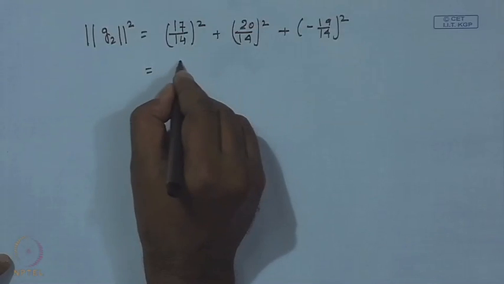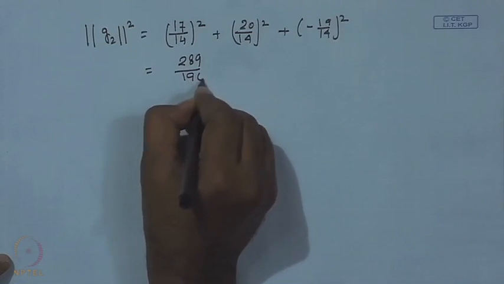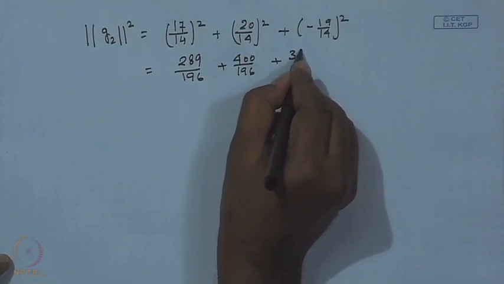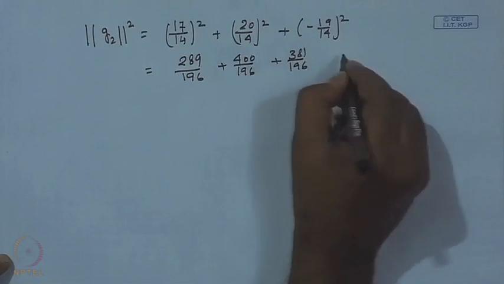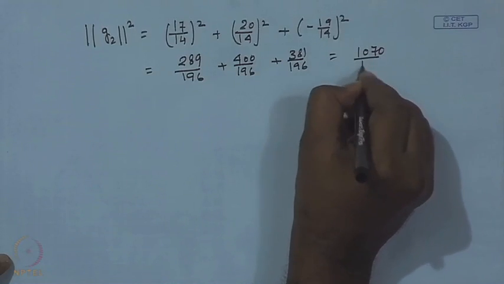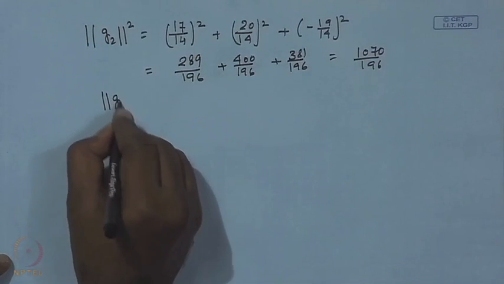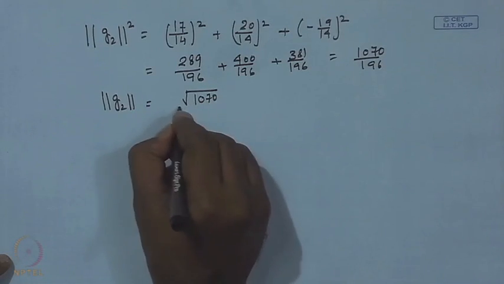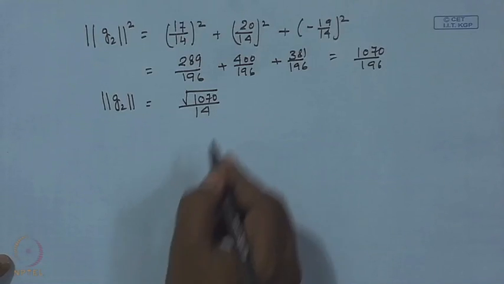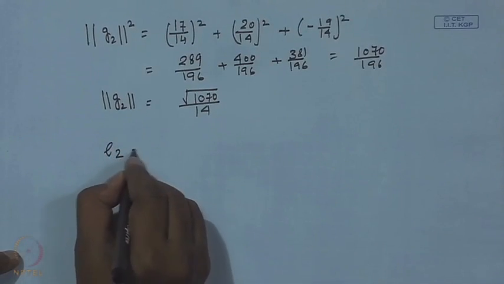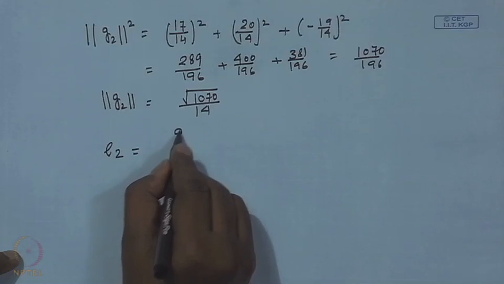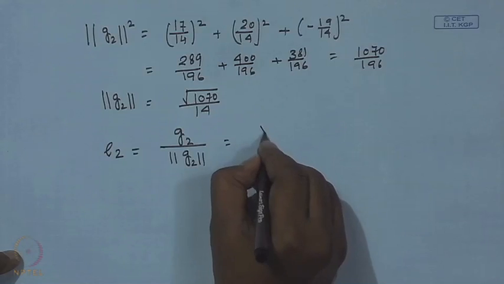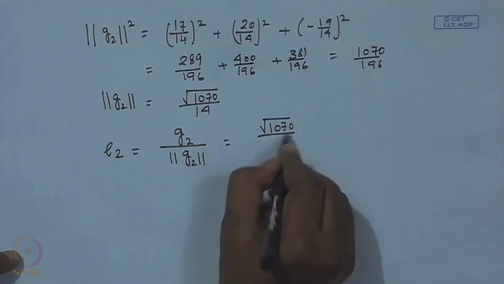So, this becomes 289/196 plus 400/196 plus 381/196, and the whole thing becomes 1070 divided by 196, and the norm of G2 is nothing but root over 1070 divided by 14. So, we are in a position to get the second element of the target set, E2, as G2 divided by the norm of G2, and this will be root over 1070 divided by 14,